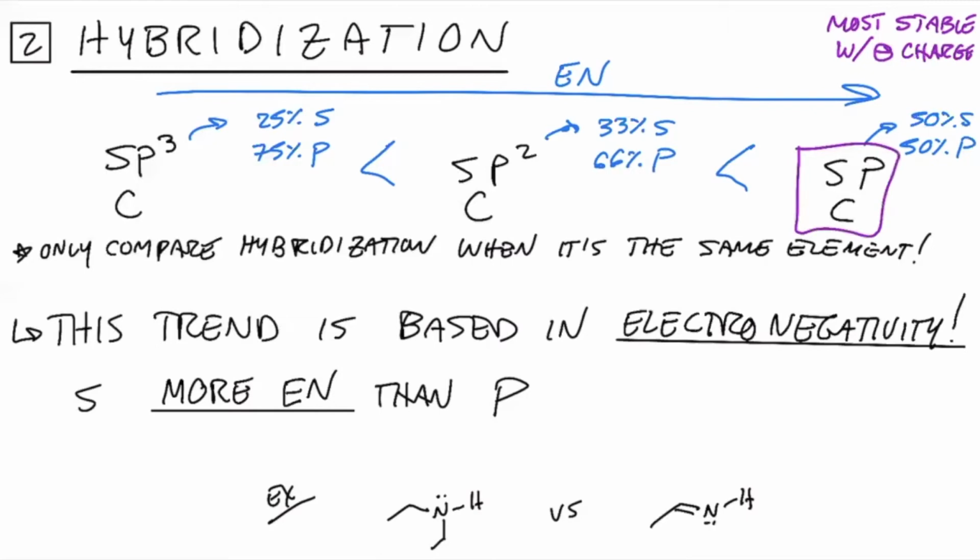So sp orbitals are going to be more stable when they hold on to a negative charge. This can also go in the opposite direction, right? If you have an atom that has a positive charge on it, that would be really bad for an sp orbital because it's extra electronegative. If we have to have a positive charge somewhere, we would more want to favor that on an sp3 orbital